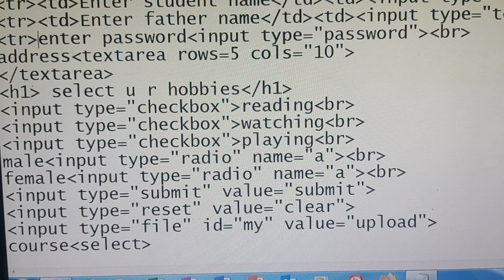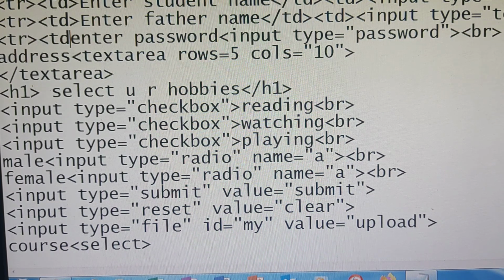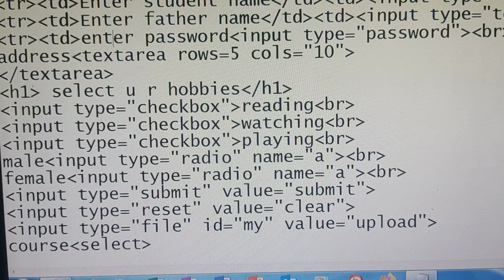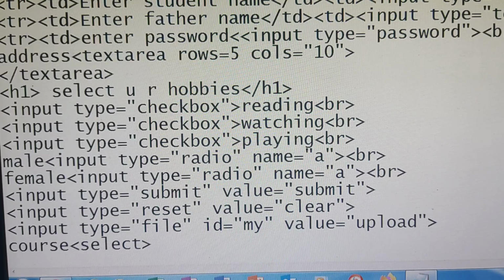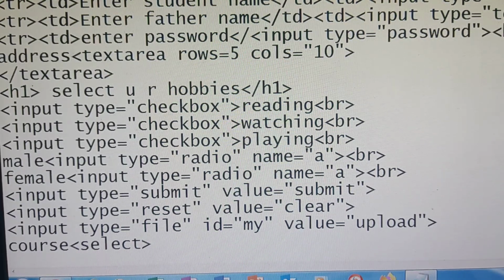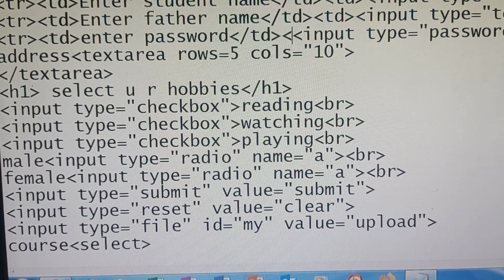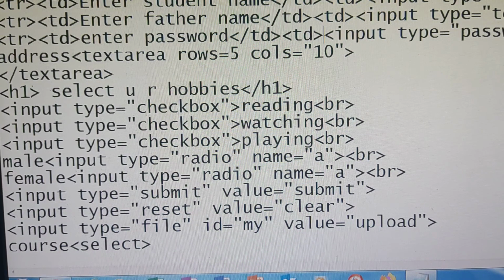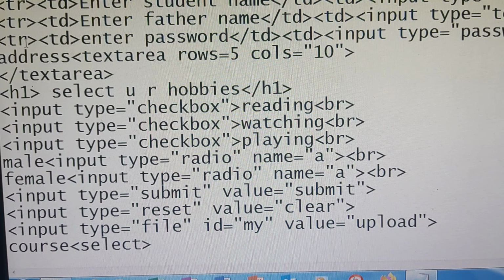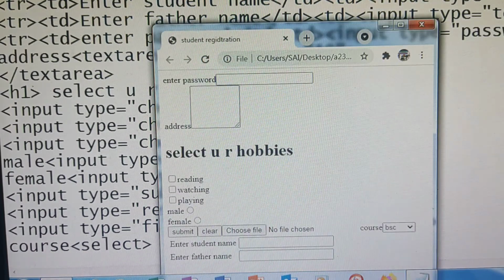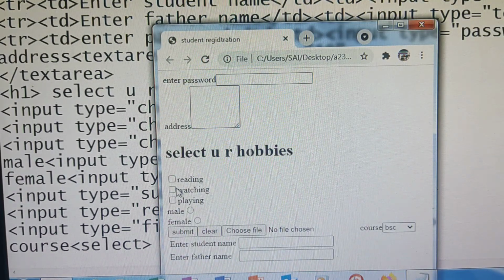Okay, now this is the third row, first column. Now this, I am closing the first column. Next, after that I am opening the second column. Next, at last I am closing the second column, at the same time the third row also. Save it. Come to browser window. You can see here. I am refreshing. At the end you see